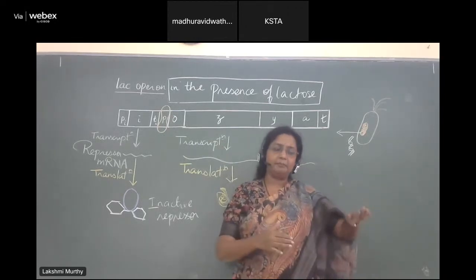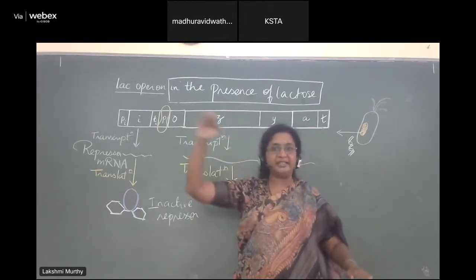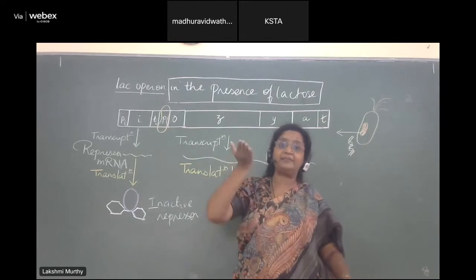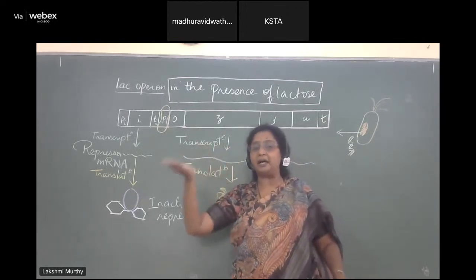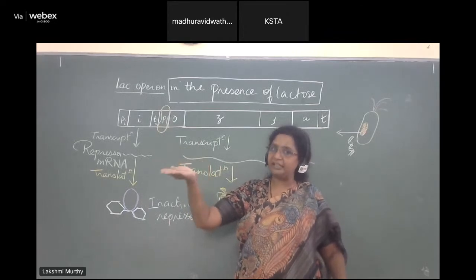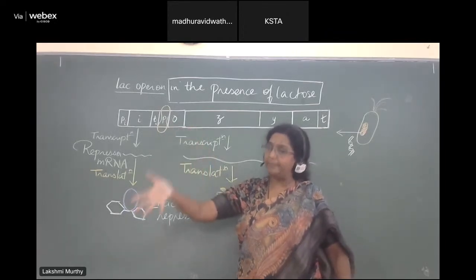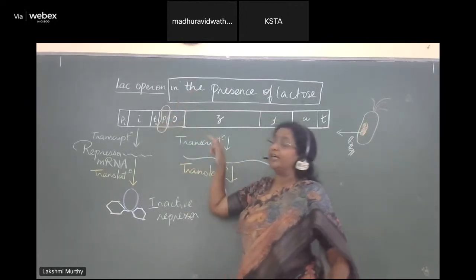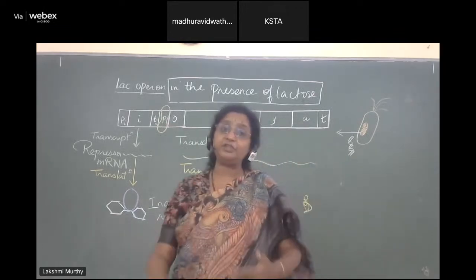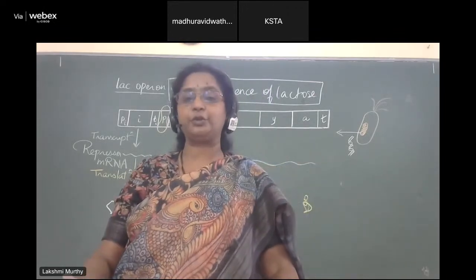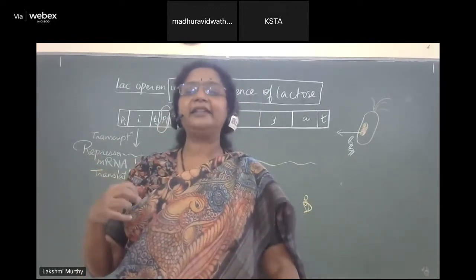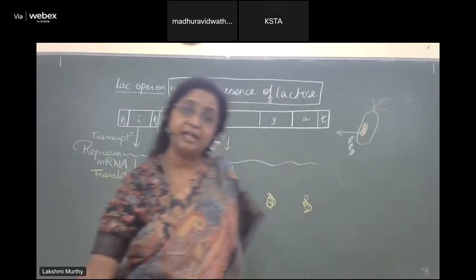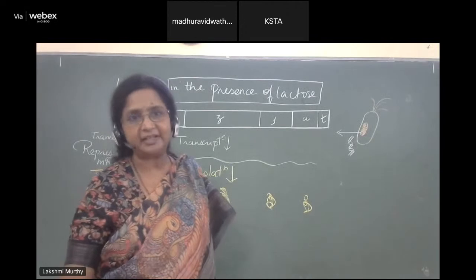In other words, you want to increase glucose level. Low glucose level will have high levels of cAMP. cAMP will make large amounts of a particular metabolite protein called CAP. CAP is then going to increase the binding of RNA polymerase to the promoter so that transcription becomes enhanced. And when transcription becomes enhanced, the regulation is going to proceed to make more glucose. So when glucose increases its own production, we call it positive regulation.